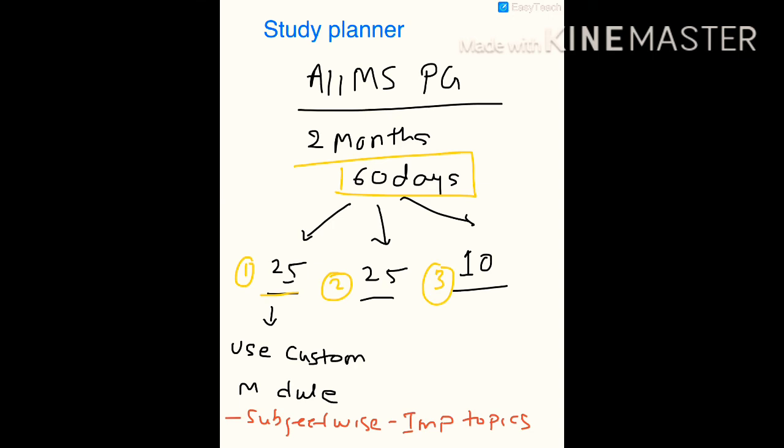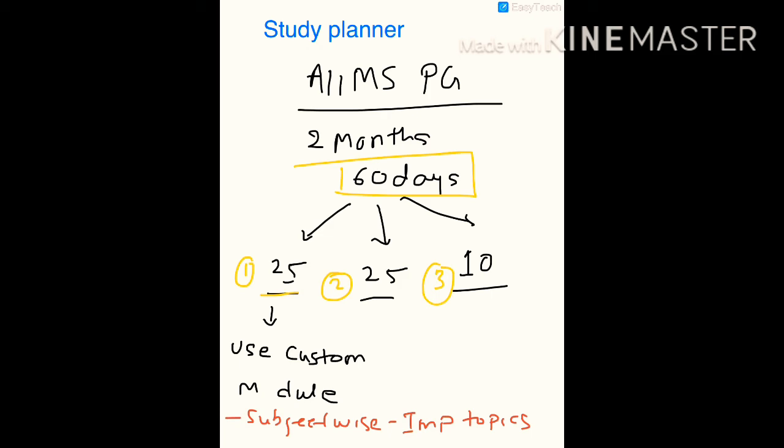you will get the questions from the high yielding topics or from the previously asked question papers, and solve those MCQs. You will get an idea of the important topics and the topics which are frequently asked in the AIIMS PG. Because in AIIMS PG the topics get repeated many times, so you get an overview or an idea of which topics you should study before going for the exams.